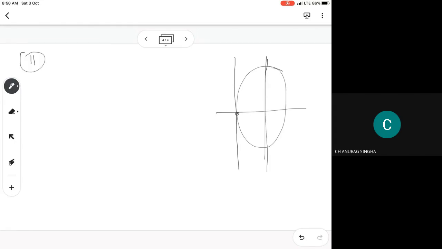It is not a value. So that's why you take the reciprocal, minus 1 by dy by dx, which becomes the slope of the normal. If the line we need to find is the tangent, then the x-axis becomes the normal. Therefore the slope of the x-axis is already 0. So you need to take minus 1 by dy by dx. What did you get here?